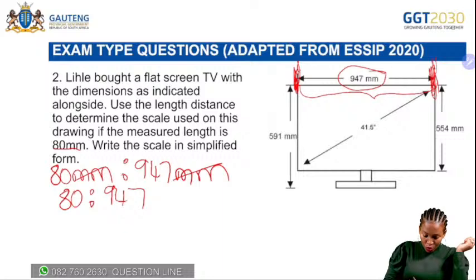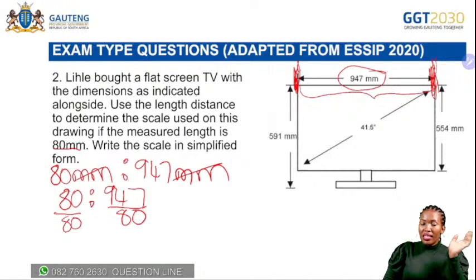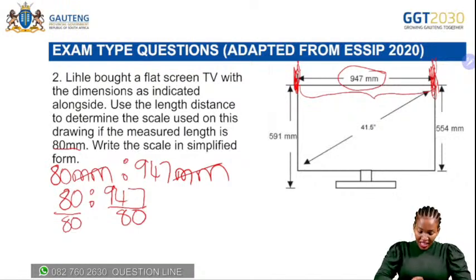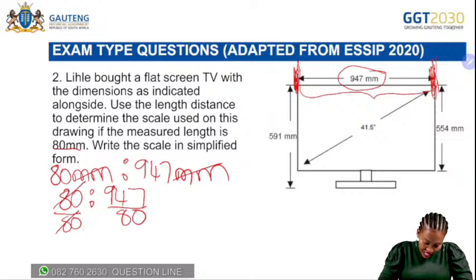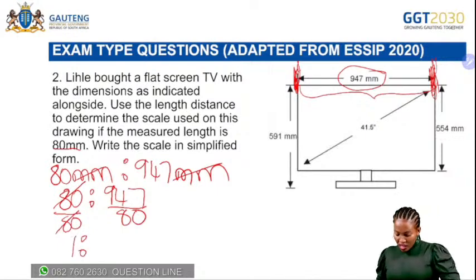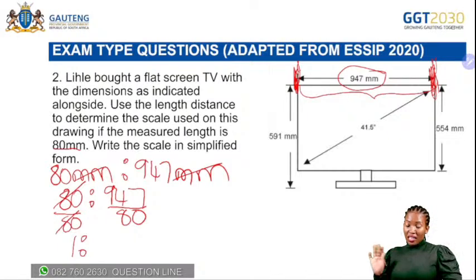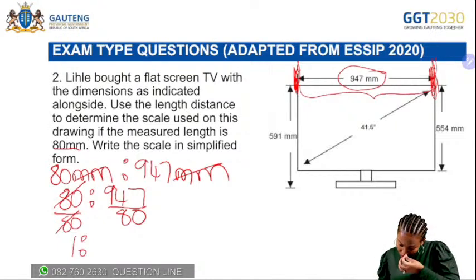How do we write in unit form? We are going to divide here by 80, divide the side by 80. What you do on one side, you must also do on the other side. So 80 and 80, they cancel. We've got our unit form is 1 to something. Let me quickly use my calculator. Guys, the way I'm relying on my calculator, it's not even funny. I hope you guys have the same relationship with your calculators. It's 947 divided by 80, which is